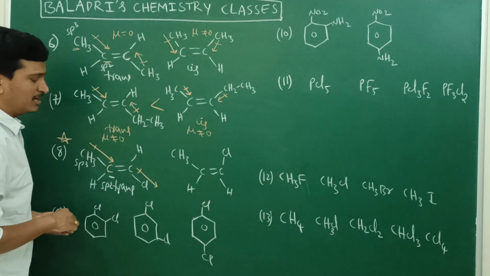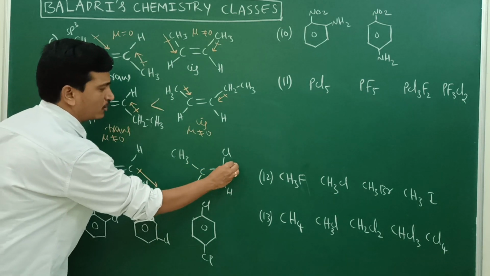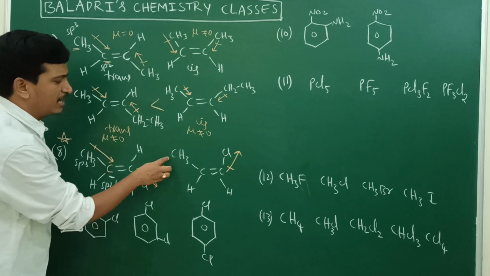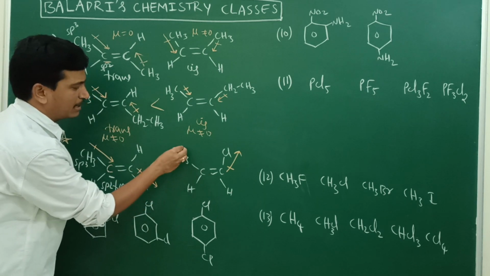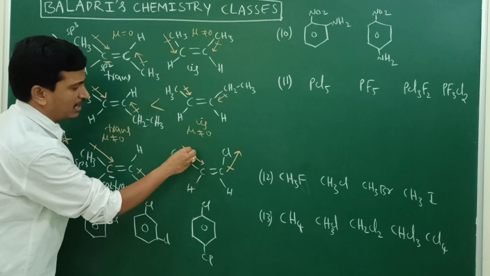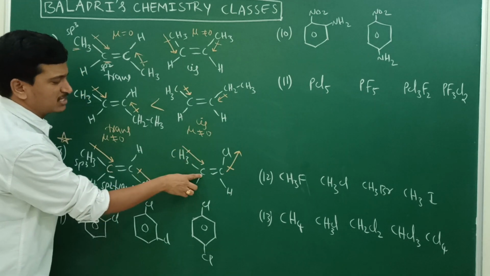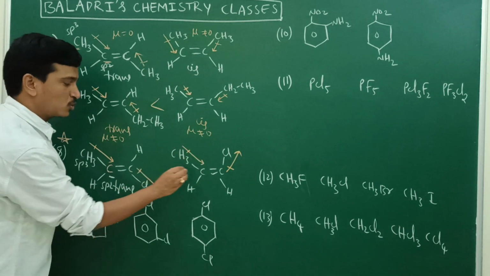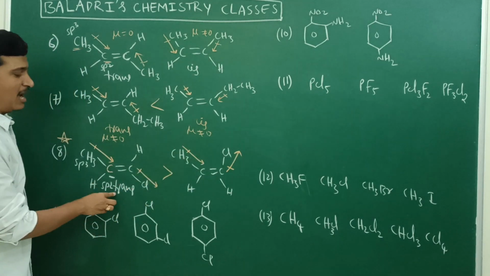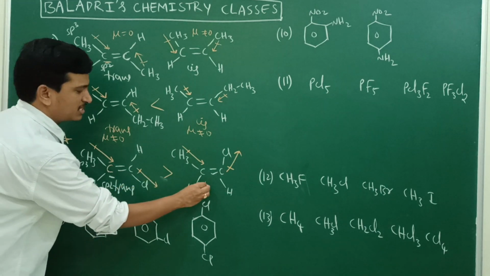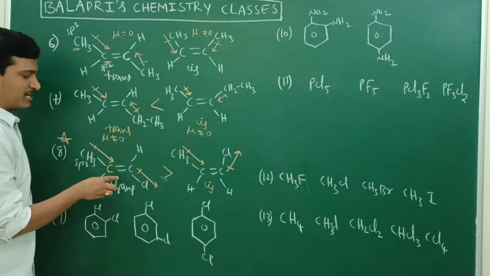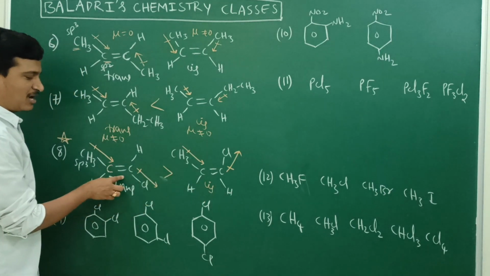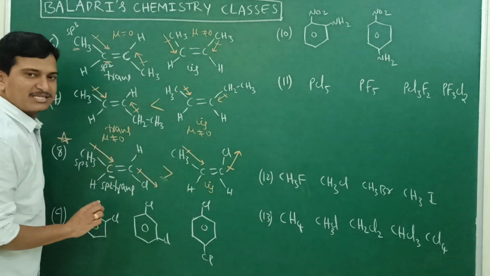Now come to the cis one. In cis, between carbon and chlorine, chlorine is more electronegative. That's why the dipole moment vector will be towards the chlorine side. Between this CH3 and this double bonded carbon, the double bonded carbon is more electronegative. That's why this vector will be towards this sp2 carbon. So both the vectors are in opposite directions, but they are not equal. So here the trans compound only will have more dipole moment than the cis one. This is cis. So you can take trans 1-chloropropene and cis 1-chloropropene; trans is having more dipole moment than cis. Is it clear to you?